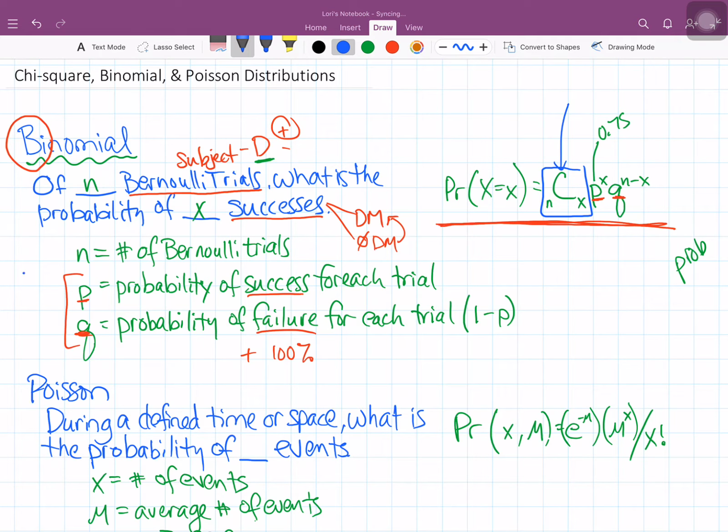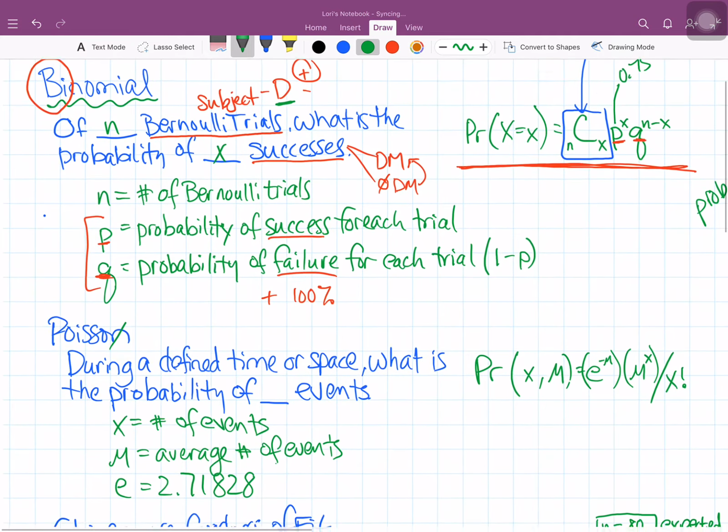All right, so Poisson. The French pronounce this without the N, of course, Poisson. And I'm probably slaughtering that if you speak French natively. So this is a little bit different than the binomial distribution. This has to do with the probability of a certain number of events occurring during a specific time.